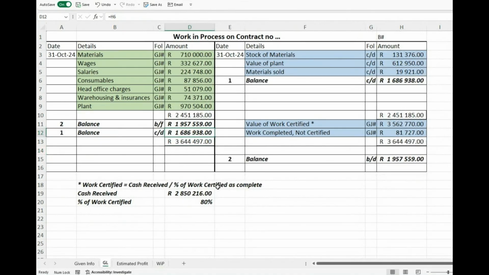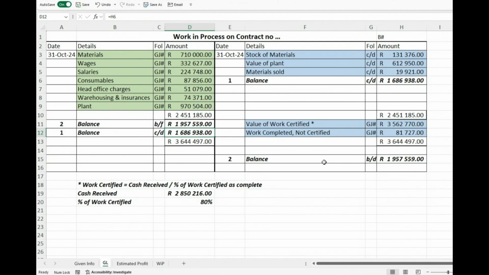Okay, so I think that what you need to realize is as we are doing the work, there are different balancing amounts. So the first thing that we are going to do, we just here in the GL have a debit and a credit side. The debit side is clearly more, so we have a first balancing amount there that we bring down here. Okay, but that balancing amount that we bring down here will still be less than the total of the value of work certified and the work completed not certified. And so we have to bring in a second balancing amount,